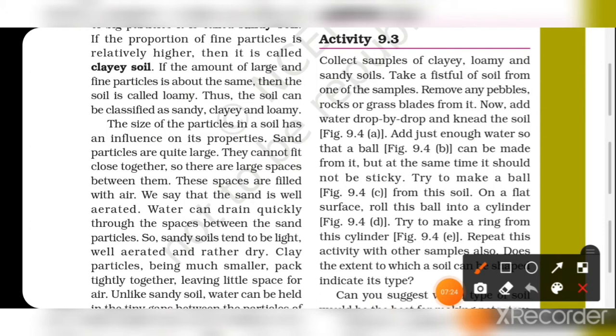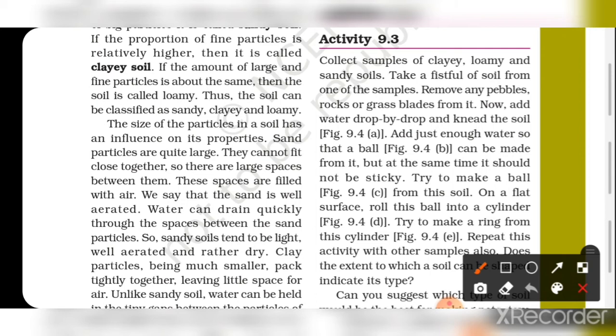That is the activity. Collect the samples of the clay, loamy and the sandy soils. Take a fistful of soil from one of the samples. Remove any pebbles, rocks or grass blades from it. Now add water drop by drop. Then knead the soil. Add just enough water so that the soil. आप क्या करो,